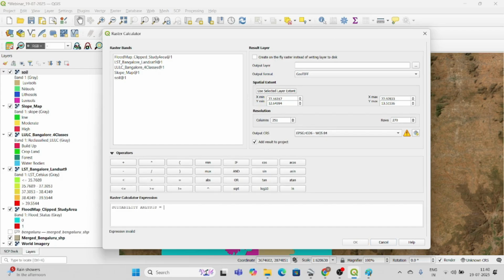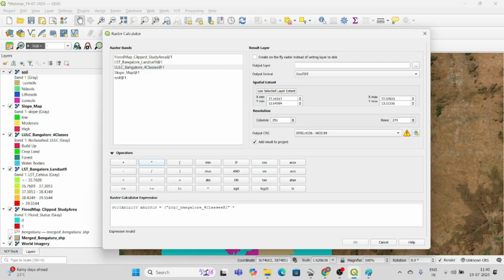You can see suitability analysis equal to. I'm going to create the first one: LULC of Bangalore, into.